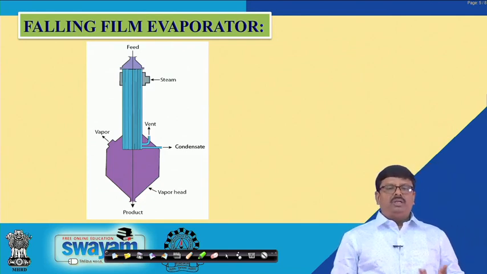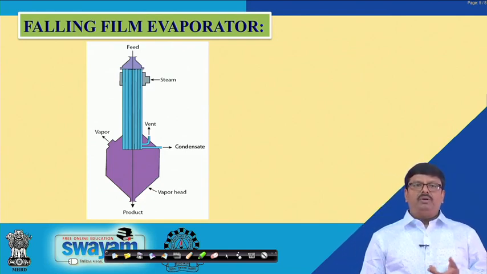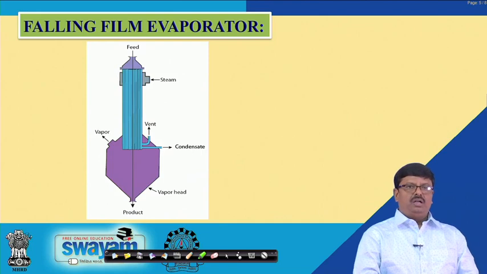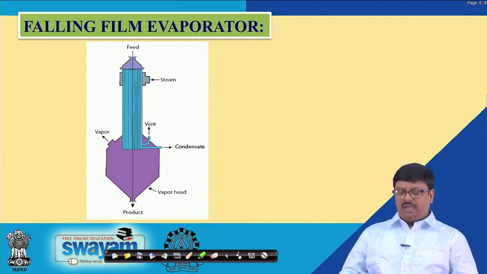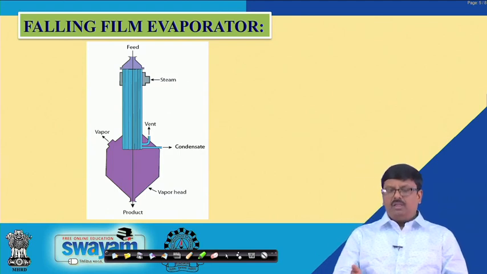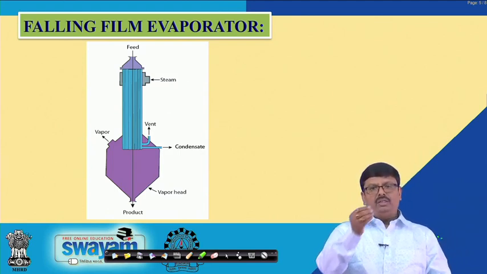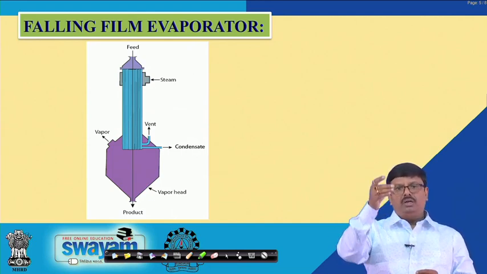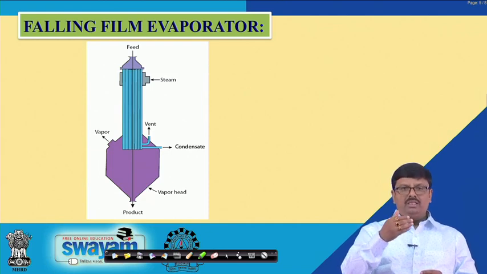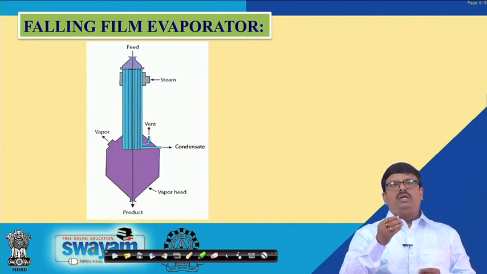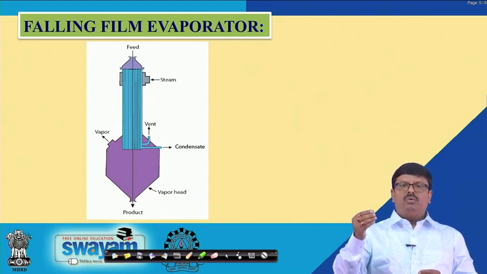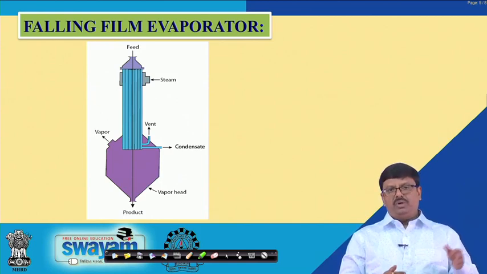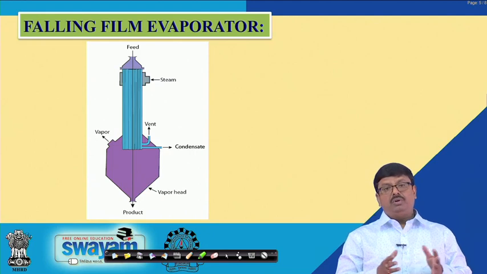Falling film evaporator. This is a very important type of evaporator, and it is extensively used in different chemical process industries. The products are obtained from the bottom, and the feed is introduced at the top. The solution comes down along the tube length, and as it falls, the solvent gets vaporized and the concentration goes on increasing. The vapor and the liquid are separated out, where the vapor goes out, and the concentrated liquid, or concentrated liquor,